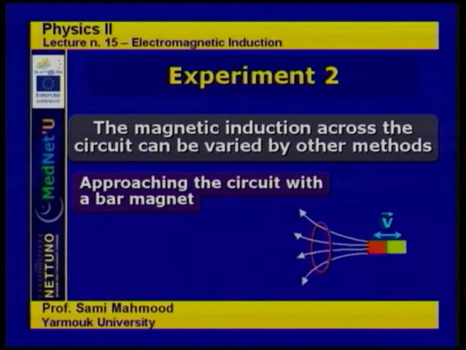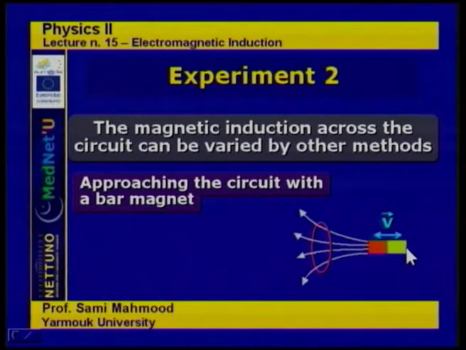For example, if we have the rigid circuit stationed in space, like in this loop, as in this figure, suppose that this loop is the circuit, C1, and if we approach this loop by a